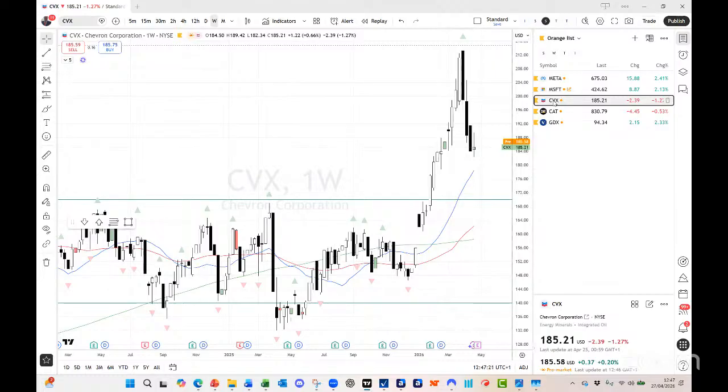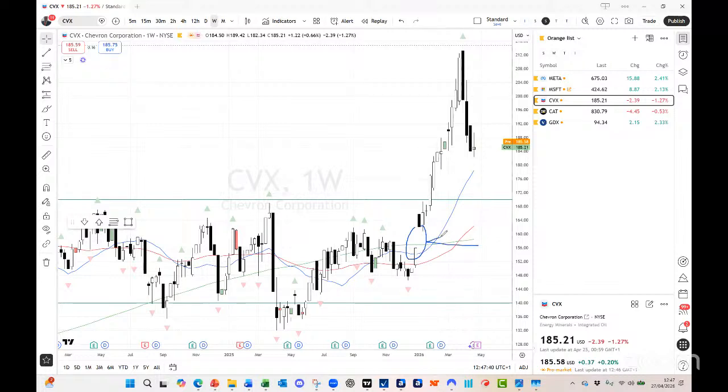While there are lots of tech firms reporting this week, lots of interesting ones, there are also on Friday a couple of the oil companies, and in particular, this is Chevron, CVX. We've looked at this a few times this year. The first time was here. What happened there? We were into the start of January.